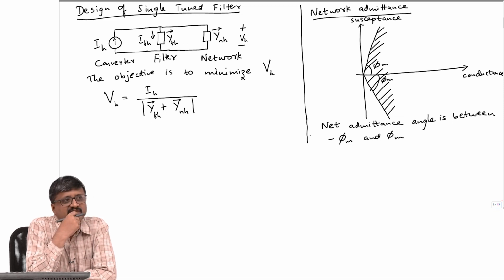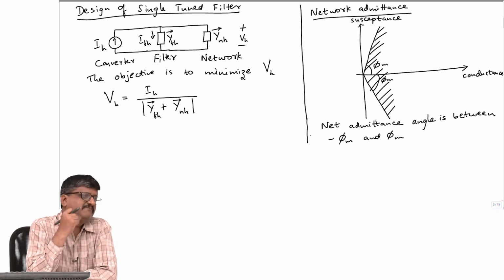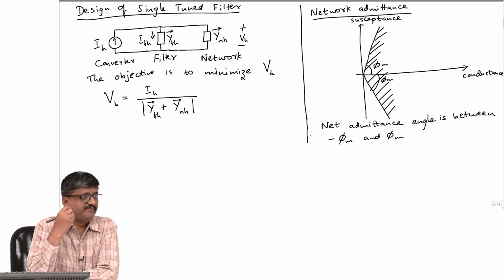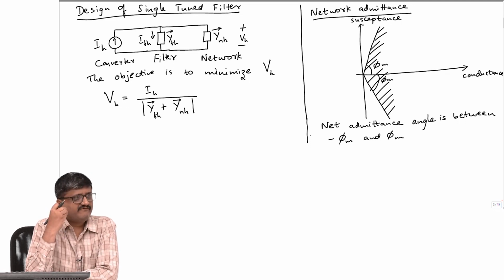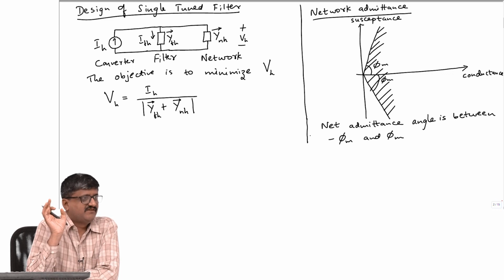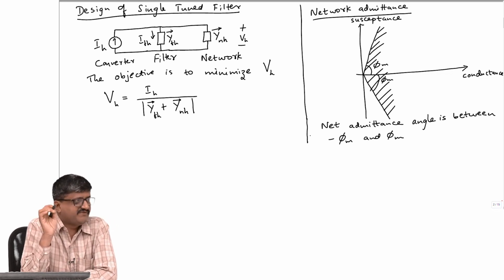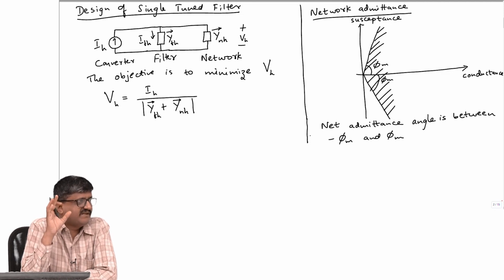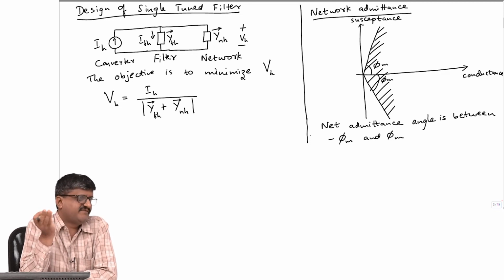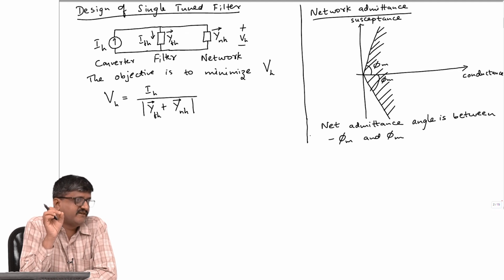Do you do that? When we design, we always design for the worst case. So, when it comes to maximizing performance, you want to see that it performs very well even in the worst case. Okay. So, worst case is something which is chosen if you have the performance in mind. So, right now I am talking about performance. Okay. So, objective is to minimize VH, means it somehow maximizes performance. So, we take the worst case for all the quantities which are not under the control of the designer, but which vary over a certain range.